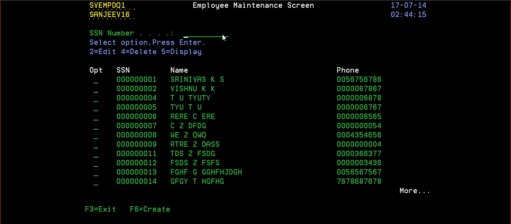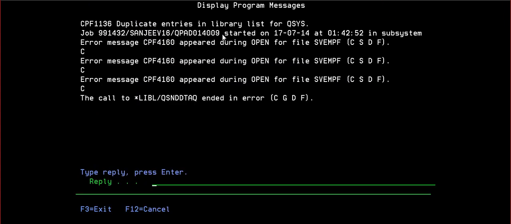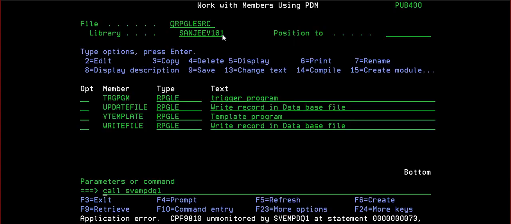Earlier also it would have called, but the program was not there in 161. I should create in 161, so again I recreated in 16B. So if I do F6, it's a data queue. Send data queue ended in error. So we will check why it's an error.